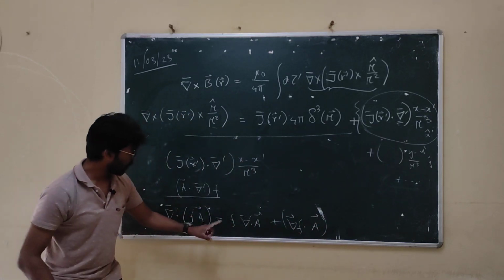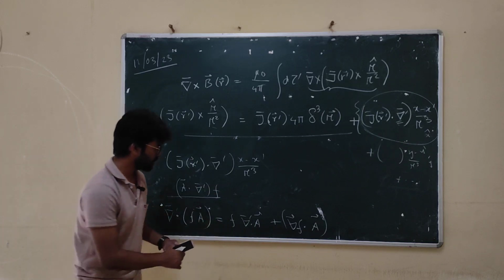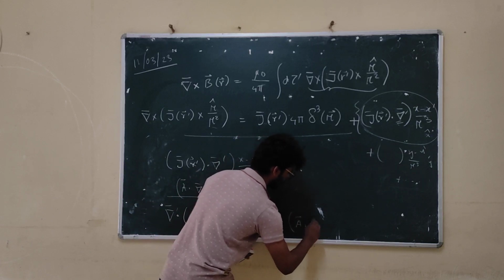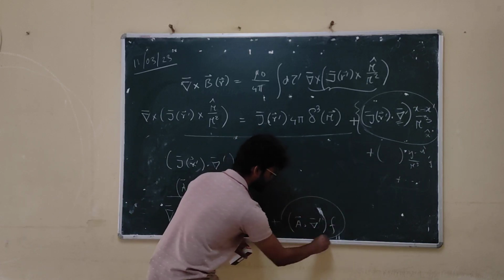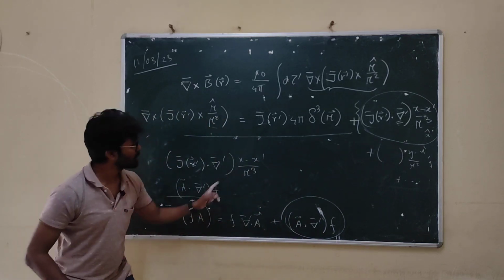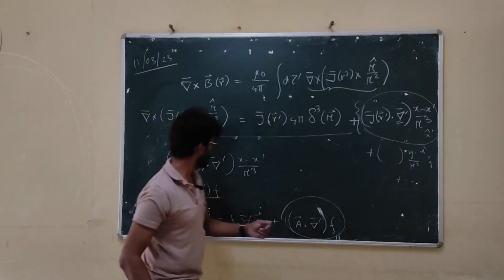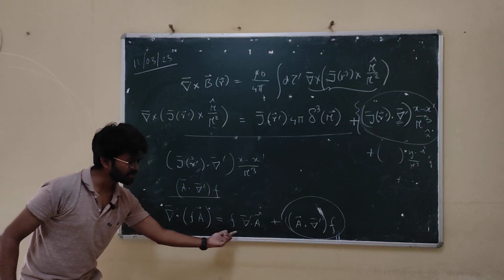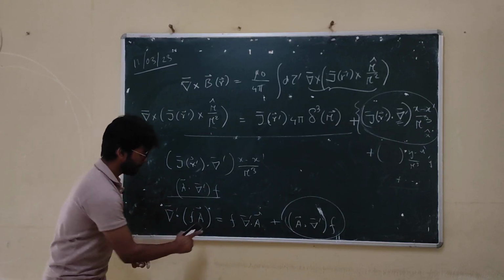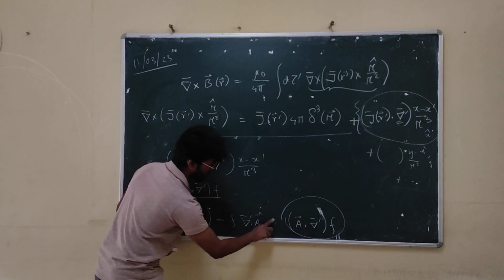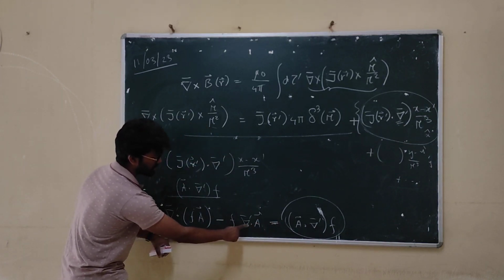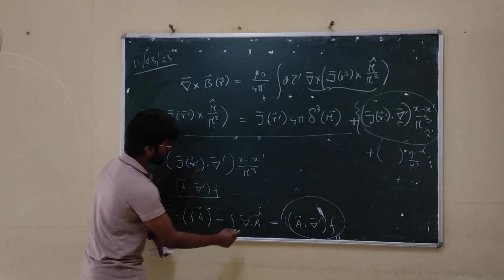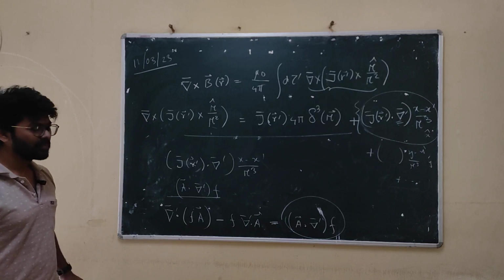If you did this, now we need which one? We need A dot del prime F. We need this. So I can write this equal to this minus this, right? Now what is this? This is del prime dot A. What is our A? J. So del prime dot J, I told you that it is 0